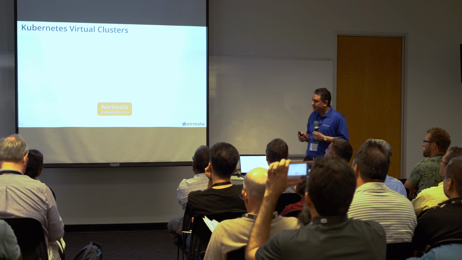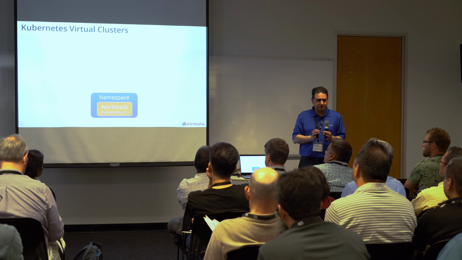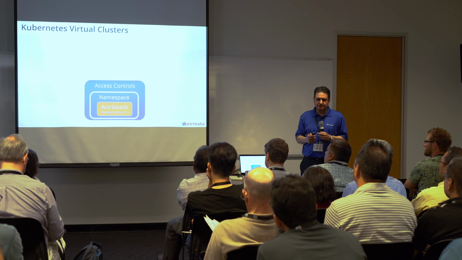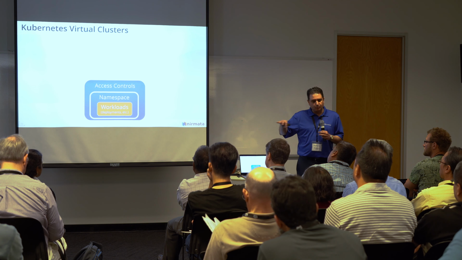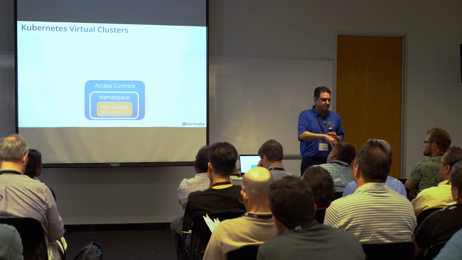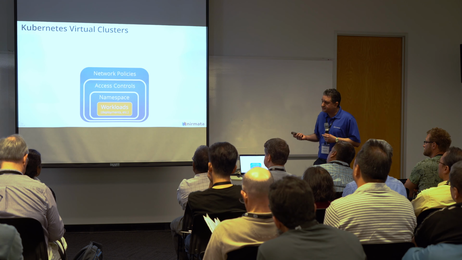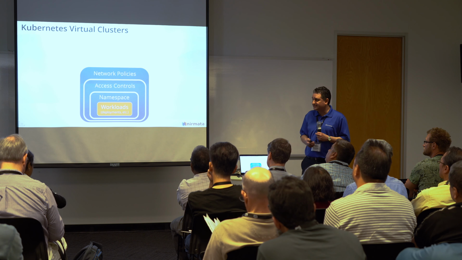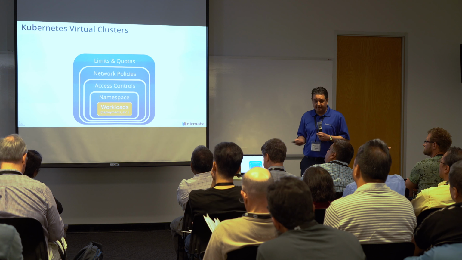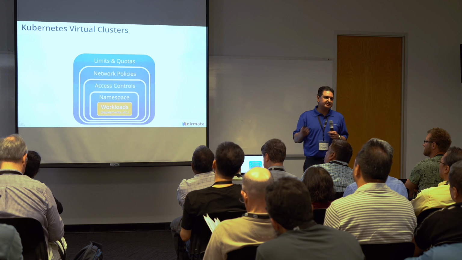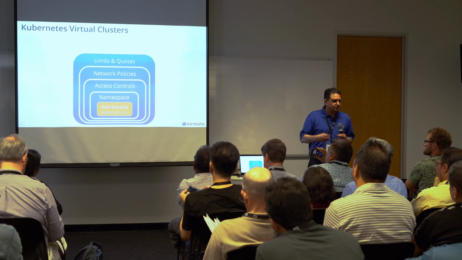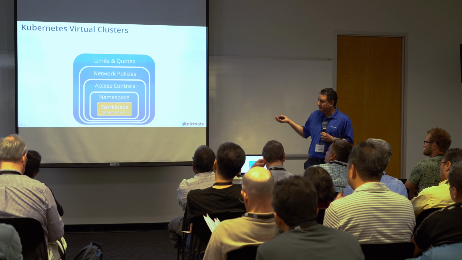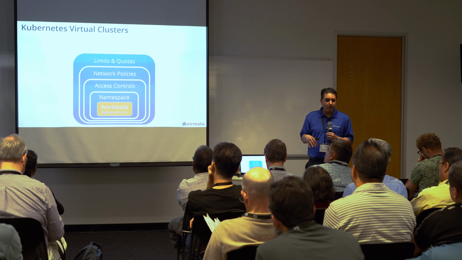Because if you think about it, okay, I have my workload, I put that in a namespace. So far you have naming isolation in the API server. The other thing you need to do is have proper RBAC so that the user of that namespace cannot interfere with the user of some other namespace. Then you also have to configure network policies if you want to isolate things at the network level, which if you have multiple tenants, you probably do. Then, very importantly, you need to add limits and quotas. You need to make sure you have limit ranges,